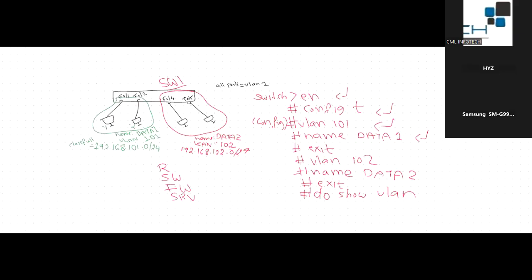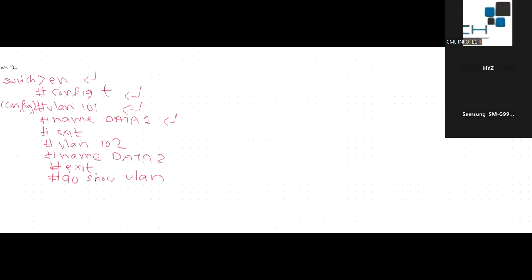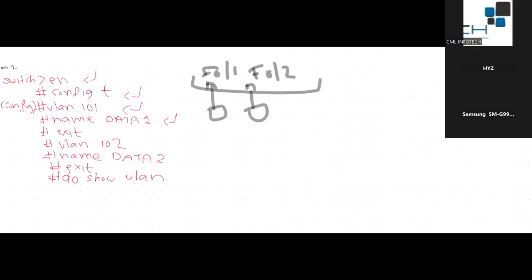Now, in your switch, let's say we can concentrate on 2 ports, F01, F02. So here in the switch port, this port